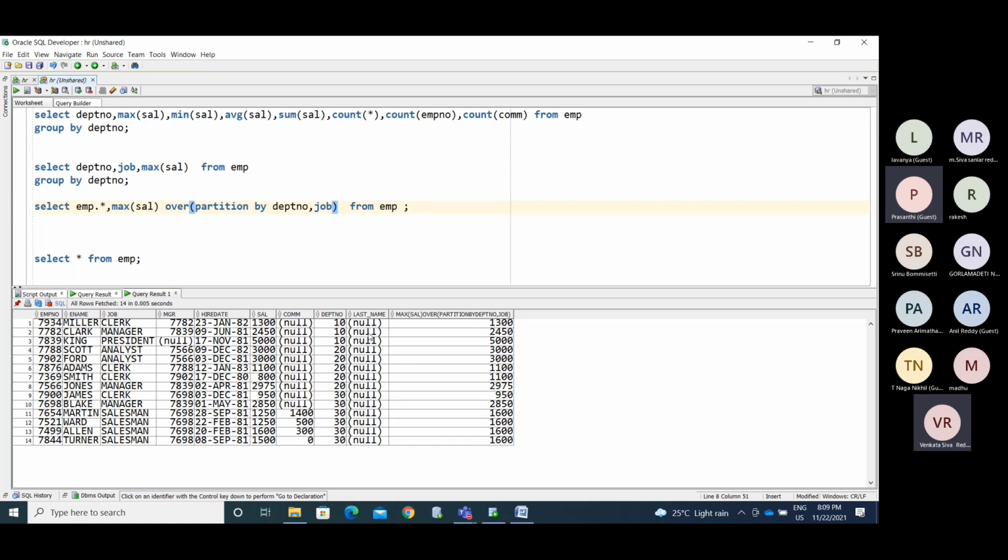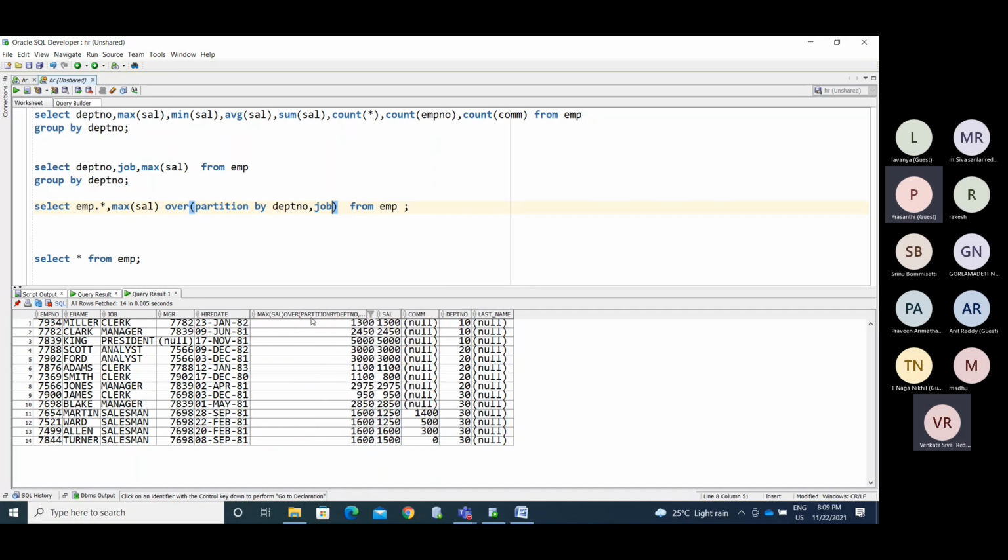See, job wise, I have 3 jobs in department 10: clerk, manager, president. See here, every salary has a different value. For department 20, we have two clerks, so we are using the maximum salary.